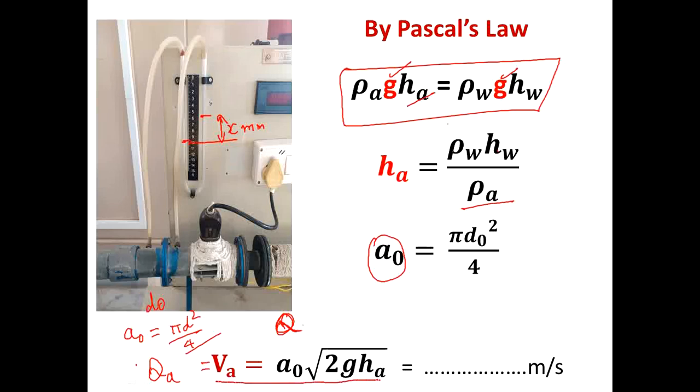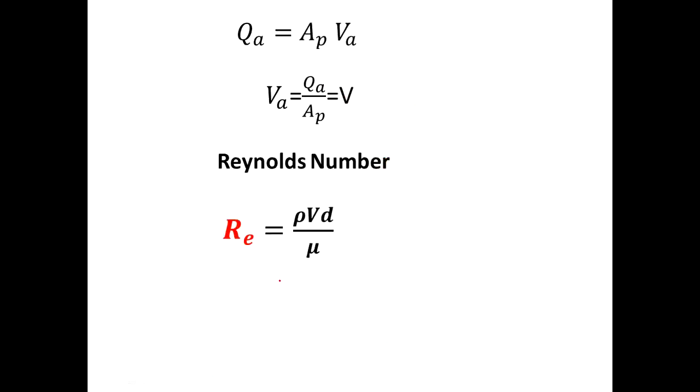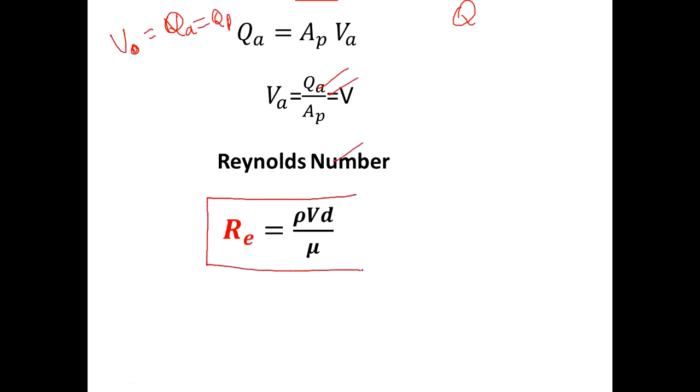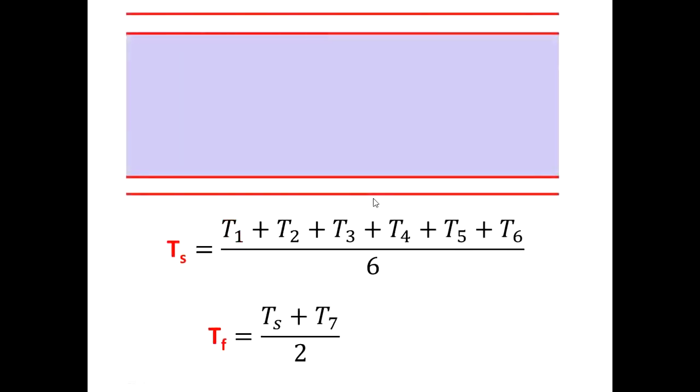Therefore discharge in the orifice is equal to discharge in the pipe. That is the explanation. Therefore area of orifice times velocity of air is equal to area of pipe times velocity of air. Therefore the velocity of air, whatever you got from the discharge of the pipe, is the same thing. Then discharge in the orifice is equal to discharge of the air in the pipe. You want to put this in, and then you will get the Reynolds number, Re is equal to rho V d divided by mu.